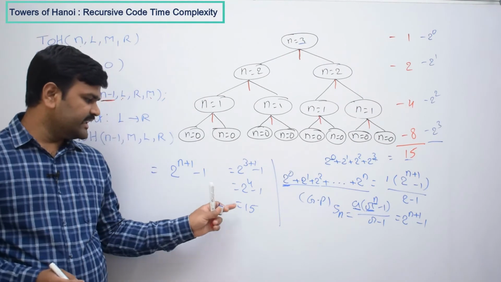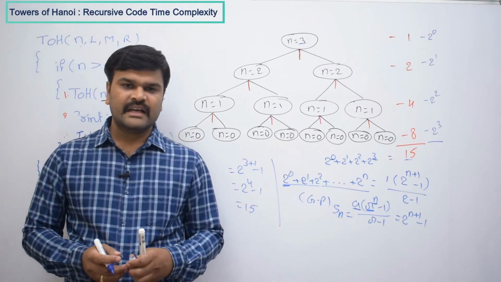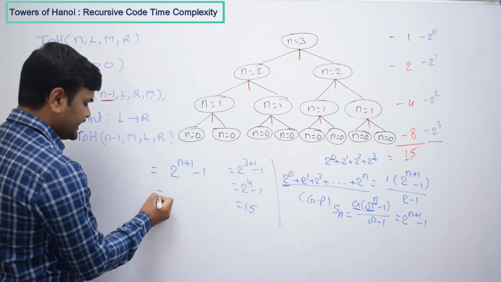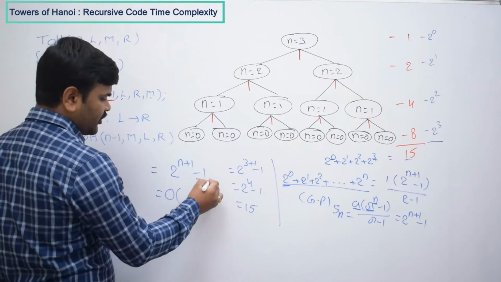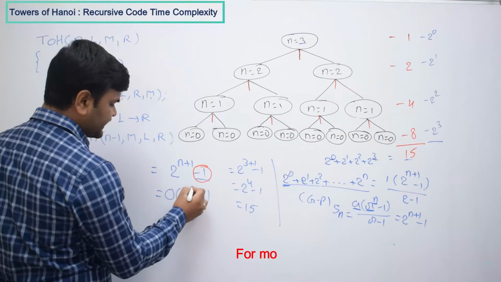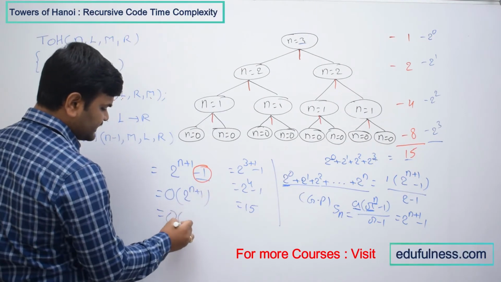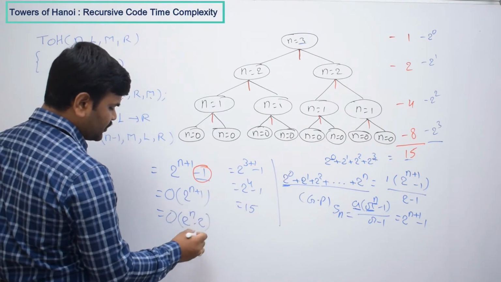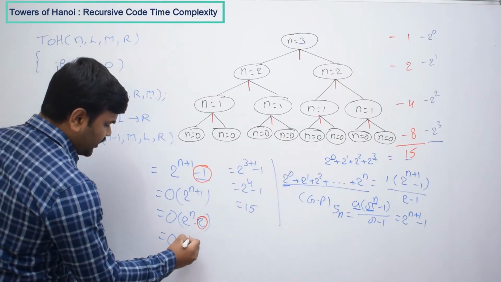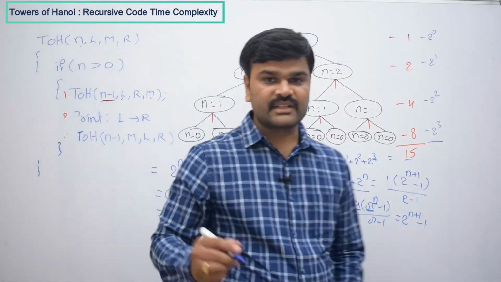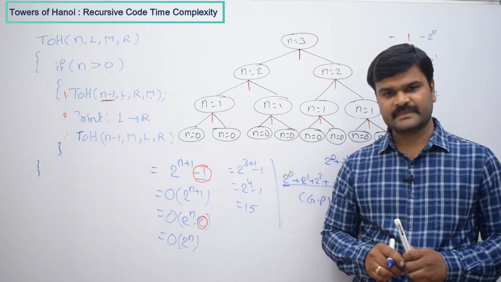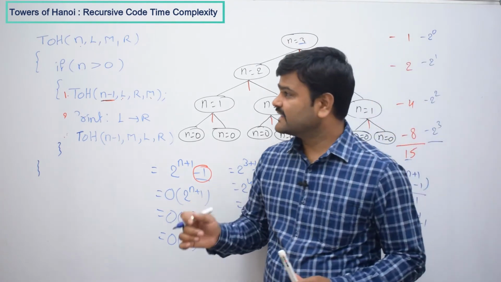Okay. So in this way you can find how many function calls there are, and that is the time complexity. If you write it in big O notation, this is a constant, you can skip it. So this is the constant and 2 power n plus 1, so that is big O of 2 power n into 2, and even this is also a constant. So the time complexity for towers of Hanoi for the given code is order of 2 power n. So that is the recursive function.